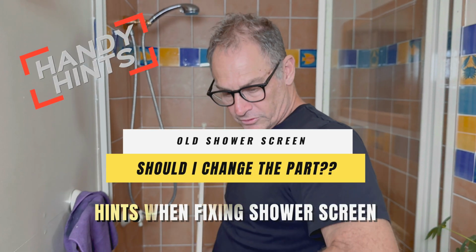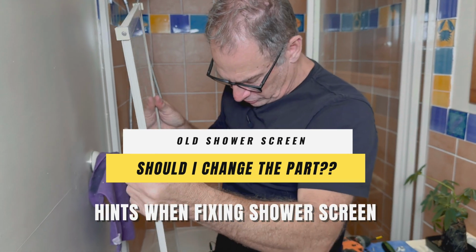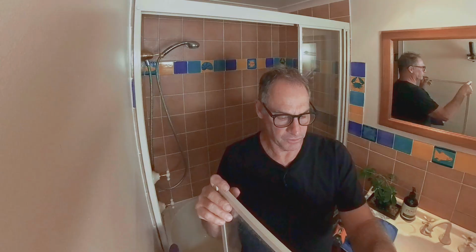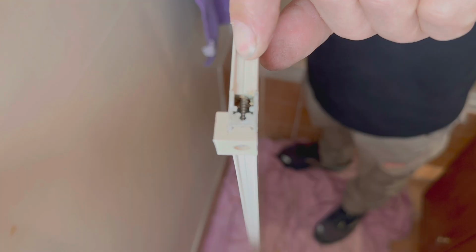Nice and gentle. Twist them around so you don't cause any damage to your bathroom. Use your toes and your feet if you have to. On some screens I will replace these, but these are in good nick. The only reason I'm not going to replace these is because of the age of the shower screen. They're in good condition. Where the screw, if you can see the screw go through the flute and into the